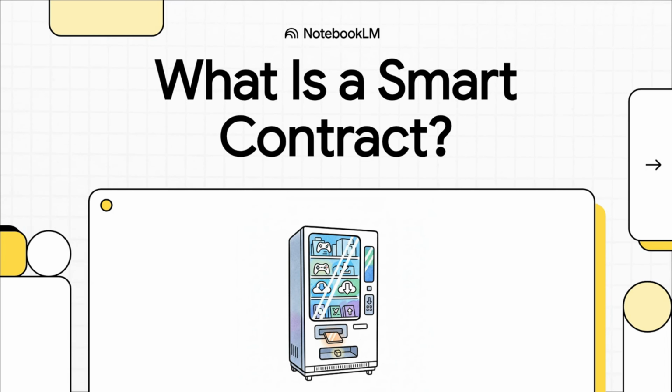All right, let's dive in. Today, we're talking about one of the biggest, most powerful ideas in the entire blockchain world, the smart contract. You've probably heard the term, but we're going to get to the bottom of what it really is. And we're going straight to the source, the original Ethereum white paper, to do it.